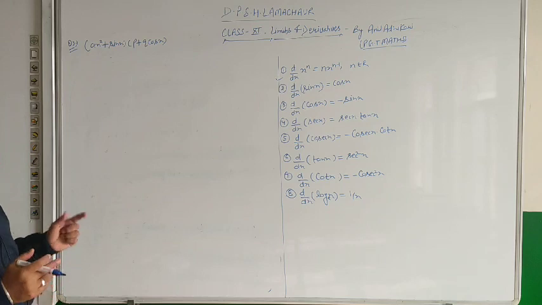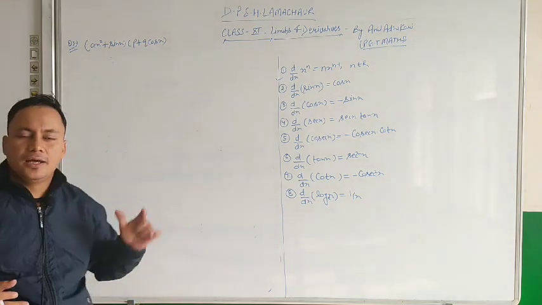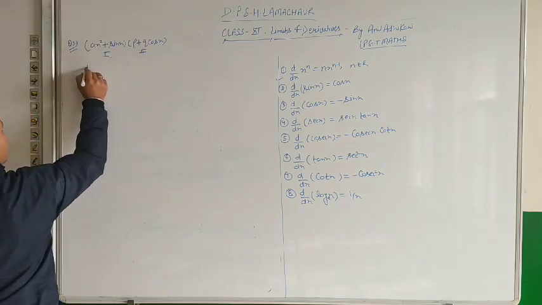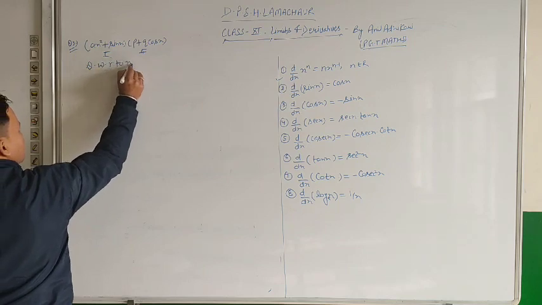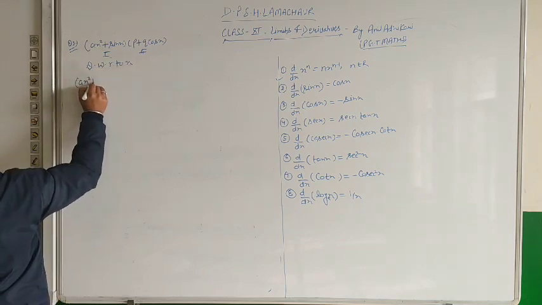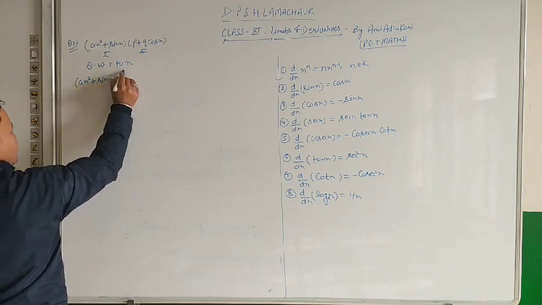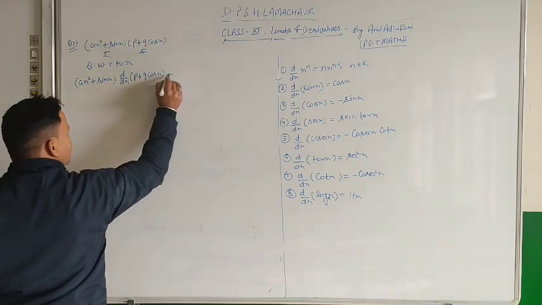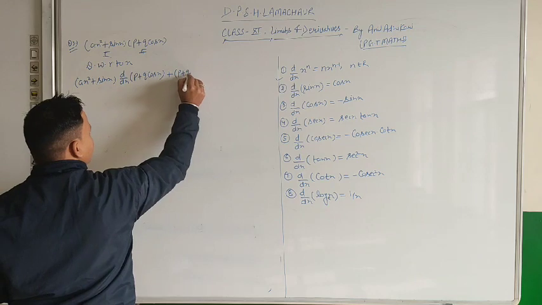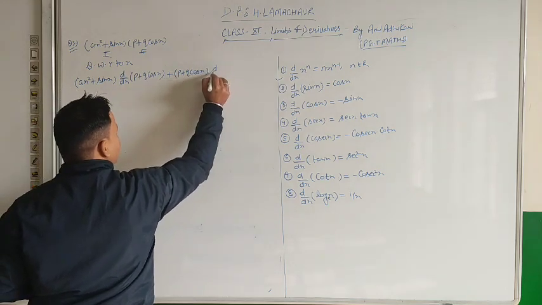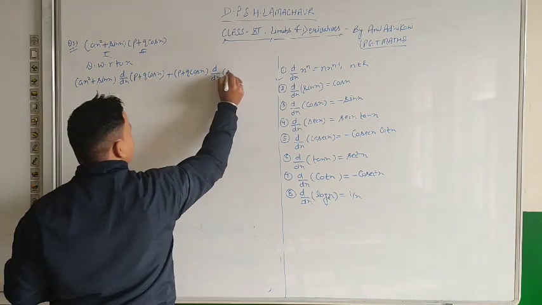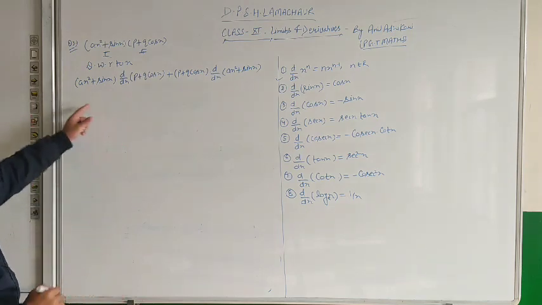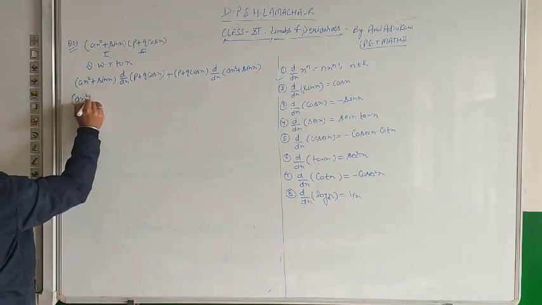So again we will classify both of them as first and second function, and then we will use the product formula. So let it be the first and let it be the second function. Okay, now differentiate with respect to x. So first function, derivative of second, plus second function, derivative of first, ax square plus sin x. Okay, now ax square plus sin x.